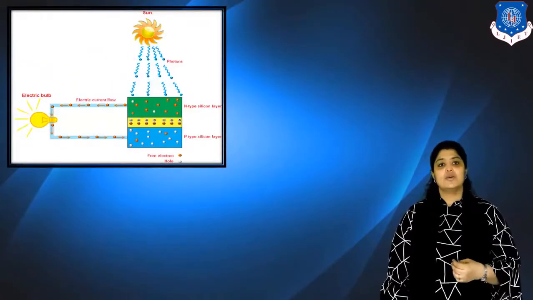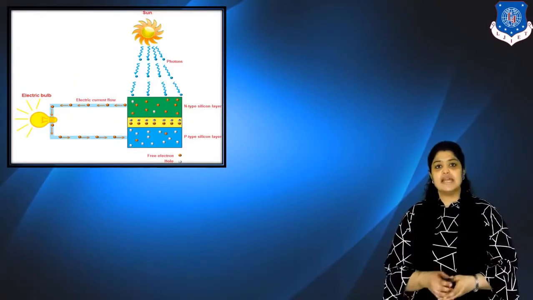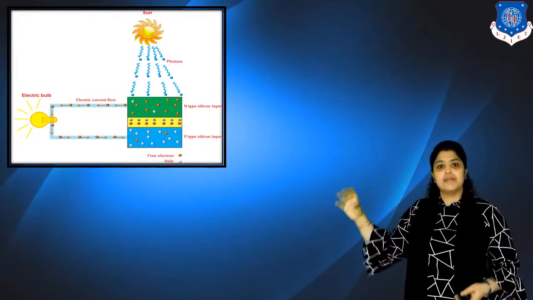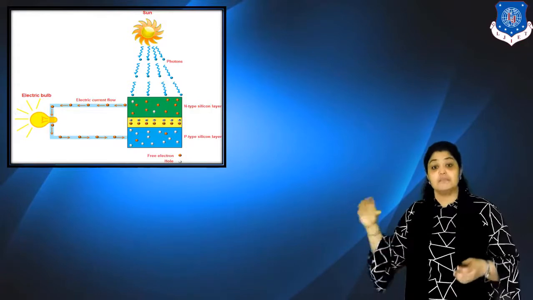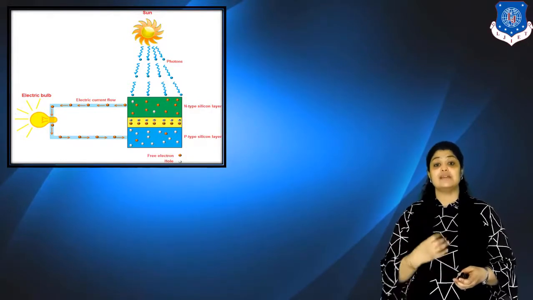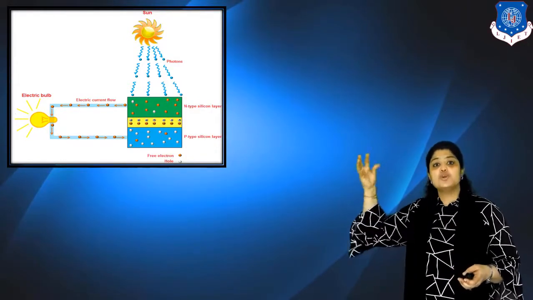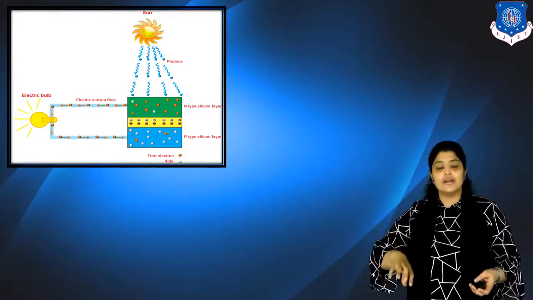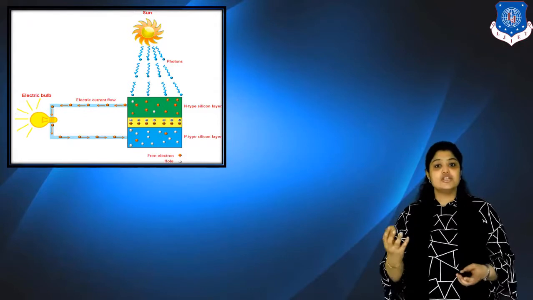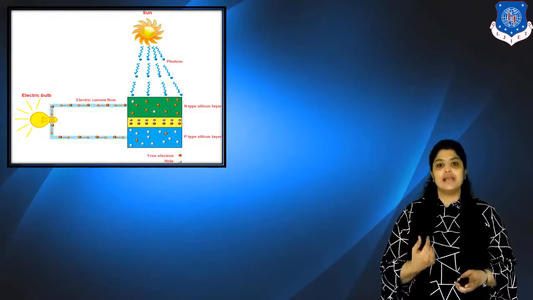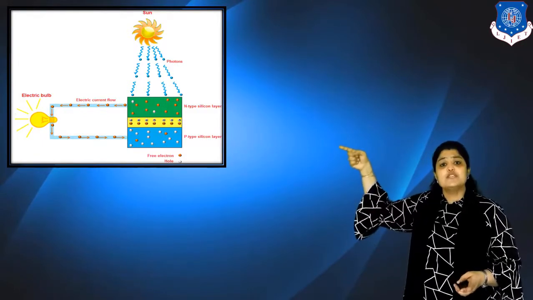Let's understand with the help of a simple diagram. In the diagram you can see a normal PN junction diode, wherein the yellow color indicates the junction, the PN junction which is formed in between, that means the depletion layer. So when sunlight is incident on it, now sunlight is having photons. You know the average energy of a single photon is around 2 electron volt. What happens because of this sunlight?